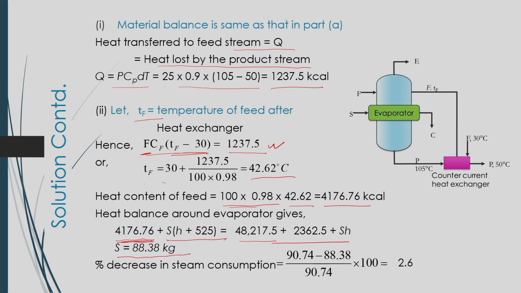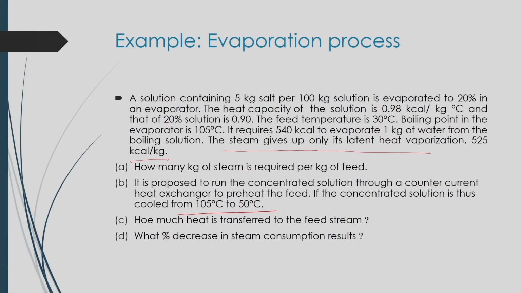Now, in this case you will see the decrease in steam consumption will be 90.74 minus 88.38, because in this case the steam is 88.38, whereas earlier that steam was 90.74. So, basically the reduction in steam consumption will be equal to 2.6%. So, in this way we can calculate what percentage of decrease in steam consumption results